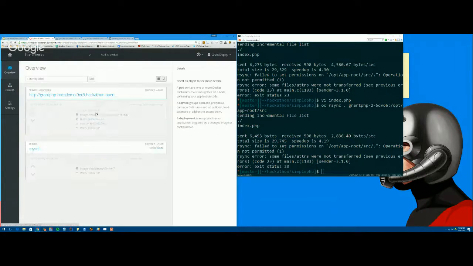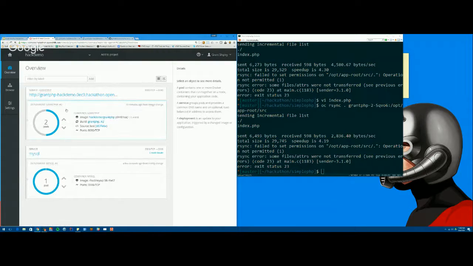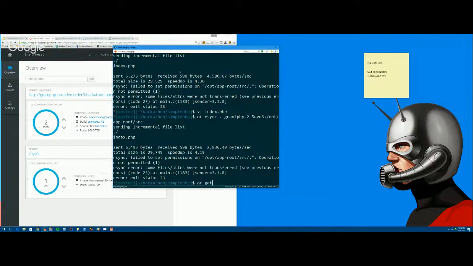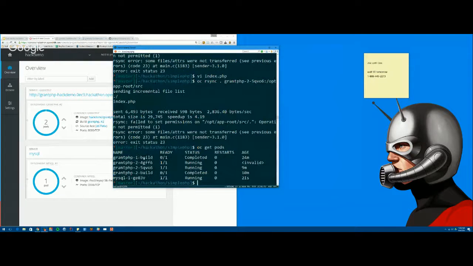Since I made that change, the platform knows that what I have defined as truth in my deployment config doesn't actually match my running production, so it self-corrected itself. It moved it up to 2 because I said I need to always run as 2. To take that even a step further, if you look at my console over here, and let me move it over to the right, if I do oc get pods, you see I have 2 of these Grant PHP pods